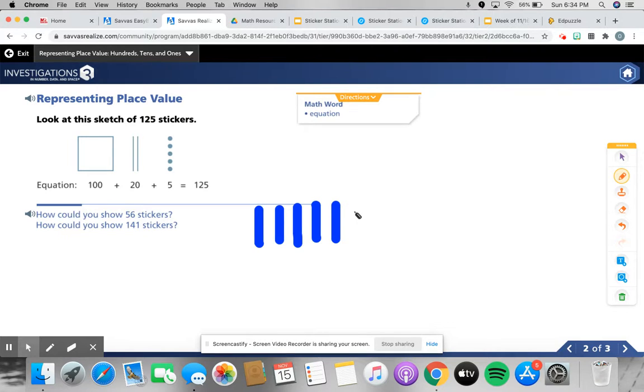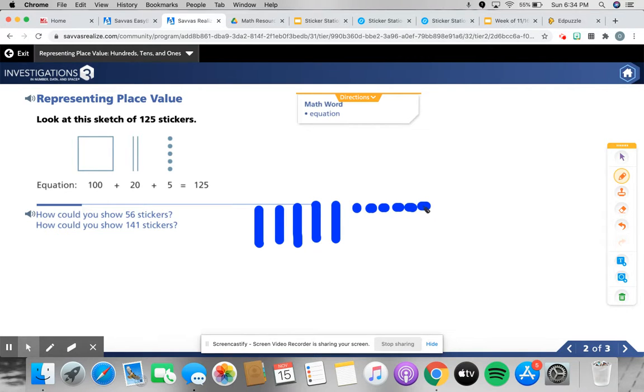And 6 ones: 1, 2, 3, 4, 5, 6. They got a little close together there, but that's okay. So this shows 5 tens, which is 50, 10, 20, 30, 40, 50, and 6 ones, so 51, 52, 53,